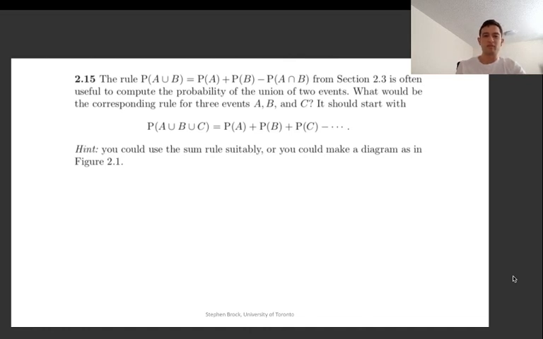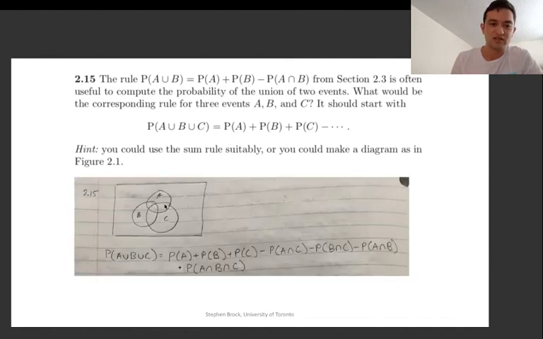When I'm tackling these questions, like 100% diagram every time. You could try to do it mathematically as well. In fact, doing it both ways would really show your understanding, but drawing the diagram is probably the best bet for this. All right, so let's draw the diagram out. We have 3 circles, A, B, and C, and we're trying to calculate the union of all 3 of them. Well, the union of all 3 of them is going to be the union of all these circles,